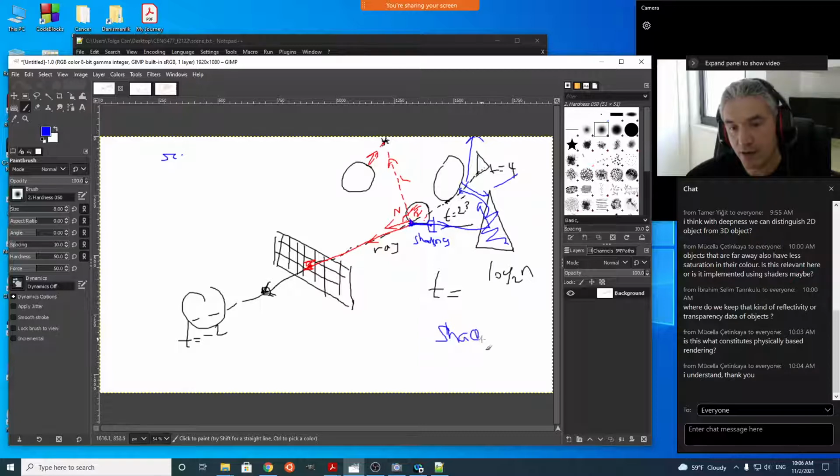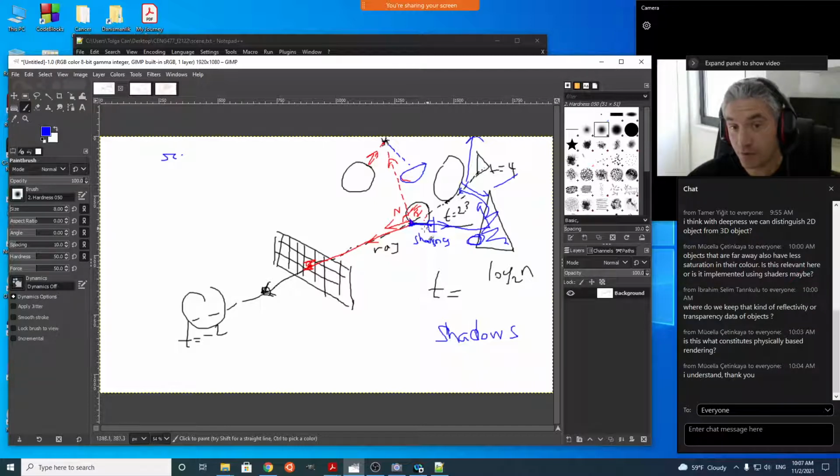Okay, how do we generate shadows? What does it mean for a surface object to be in shadow? For example, if this triangle, this point on the triangle, is it in shadow or not? An object will be in shadow if there is a light source in the scene and if the light rays do not reach that point of the surface,